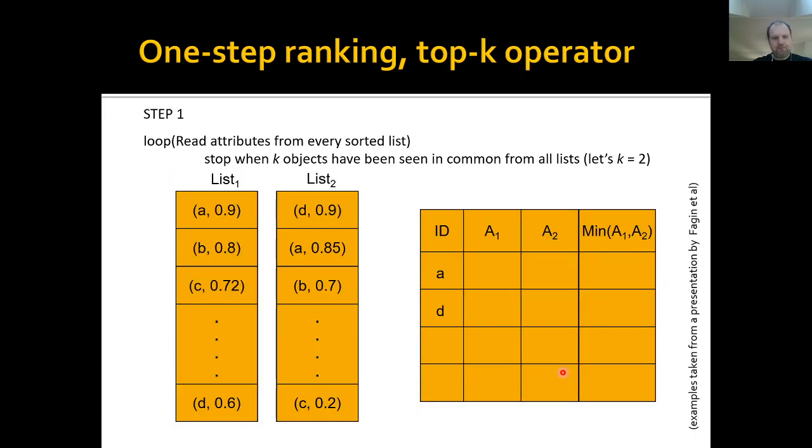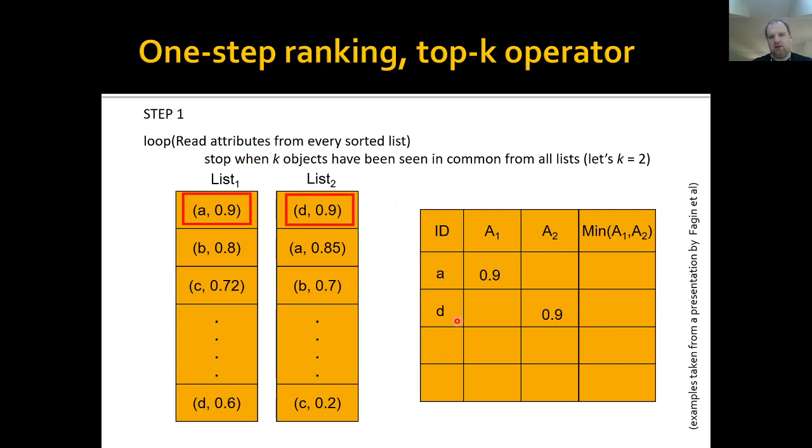So in the example, it's easy. Let's have k set to 2, so we are searching for the top 2 ranked objects. In the first step, we read the first and second lists in parallel. We get 0.9 for A and 0.9 for D. We keep some buffer or temporary structure where we store the intermediate results, the partial scores, and we read